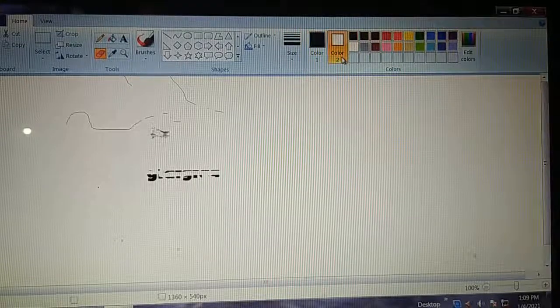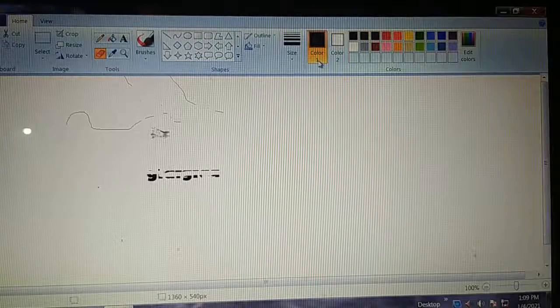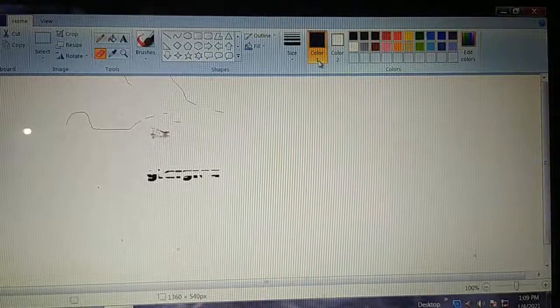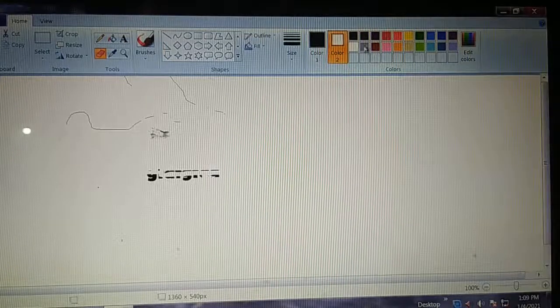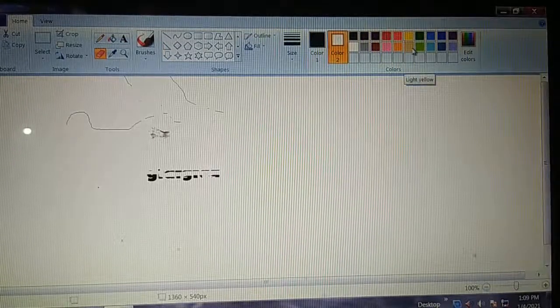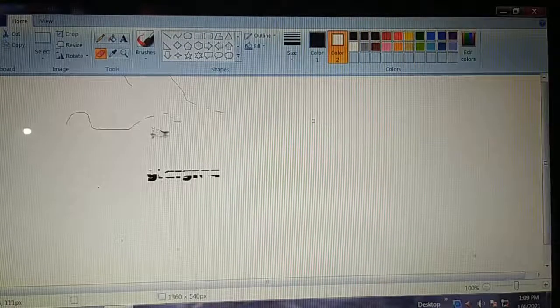Color 1 is for foreground color, and Color 2 is for background color. You have to remember this. And these are several colors for coloring the drawing. I taught you these things in Standard 2 also.